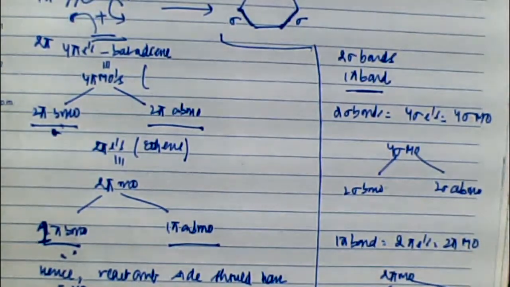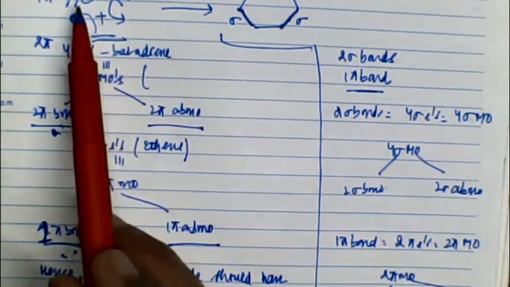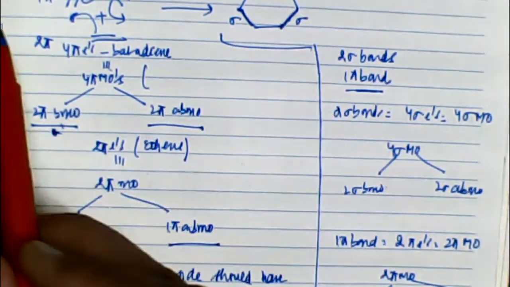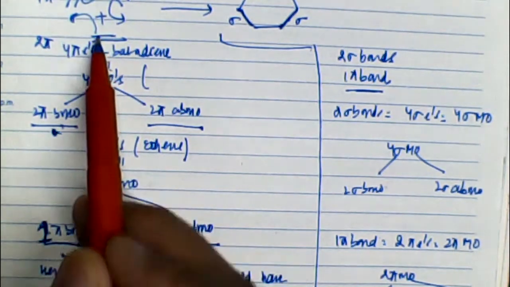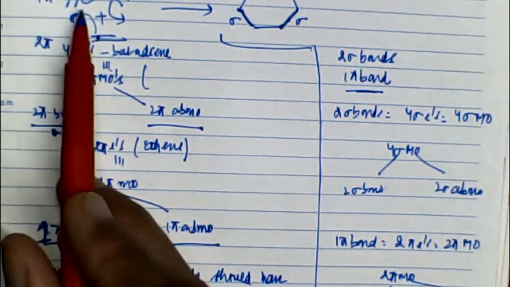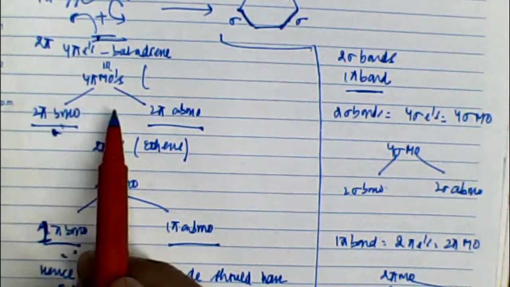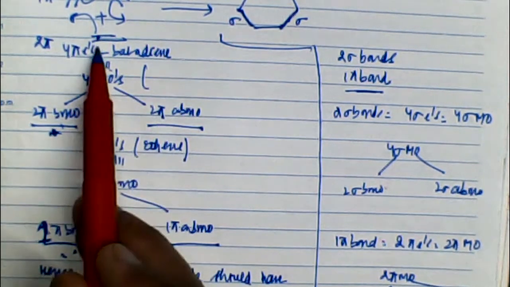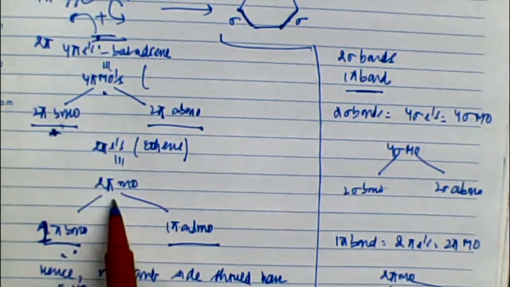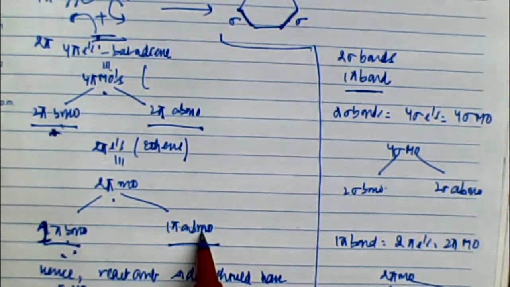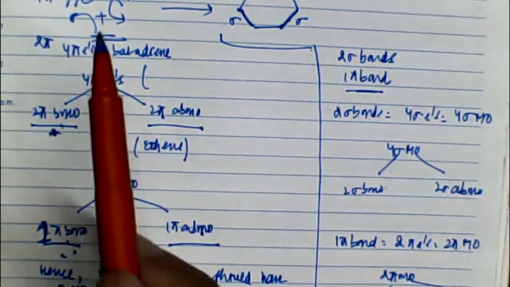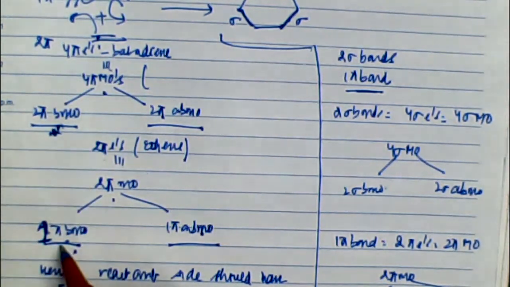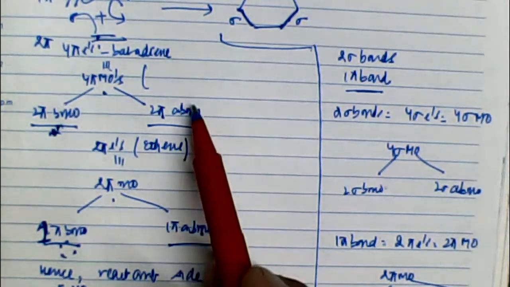What we have done, we know that a Diels-Alder reaction is a reaction between butadiene and ethene. These two add on to one another and form a cyclohexene molecule. Butadiene's 2 pi bonds are involved. Therefore, 4 electrons coming from butadiene making 4 pi molecular orbitals, out of which 2 will be bonding and 2 will be anti-bonding. 2 pi electrons coming from ethene, that means 2 molecular orbitals, 1 bonding, 1 anti-bonding. Therefore, out of the 6 molecular orbitals which will be constructed in the reactant side, 3 would be bonding, 2 coming from butadiene, 1 coming from ethene, and 3 will be anti-bonding, 2 coming from butadiene, 1 coming from ethene.